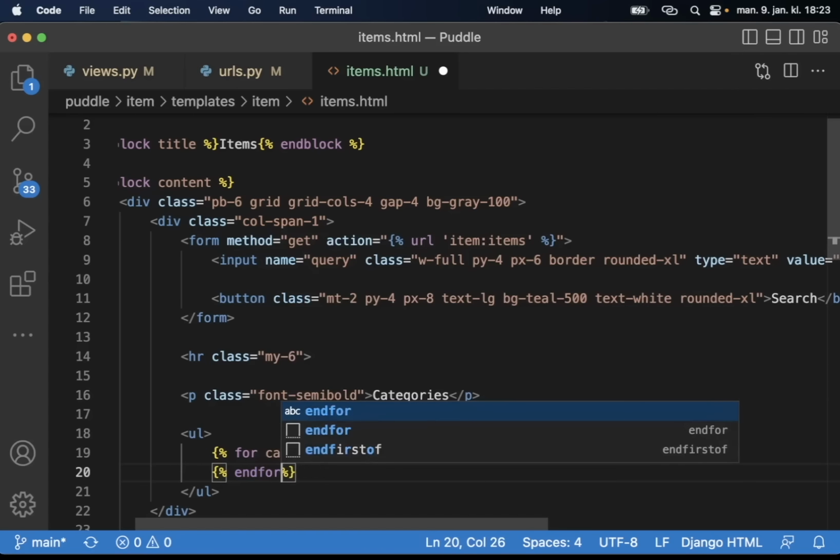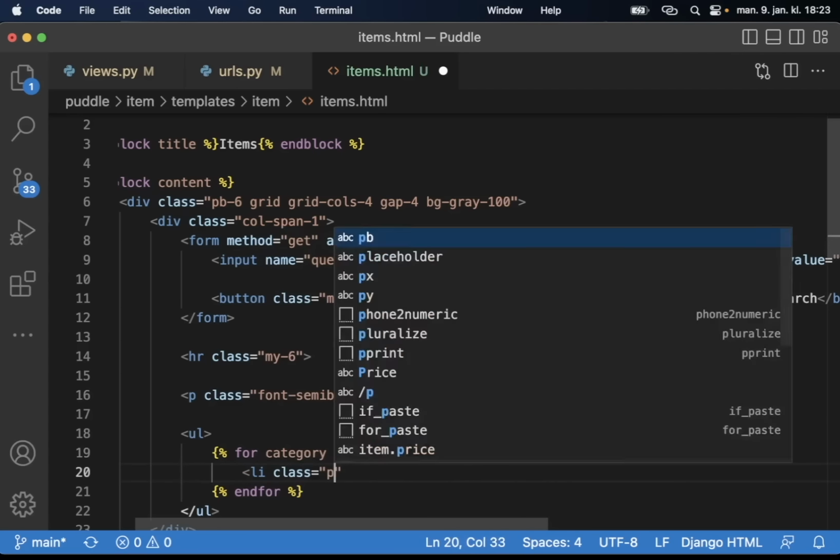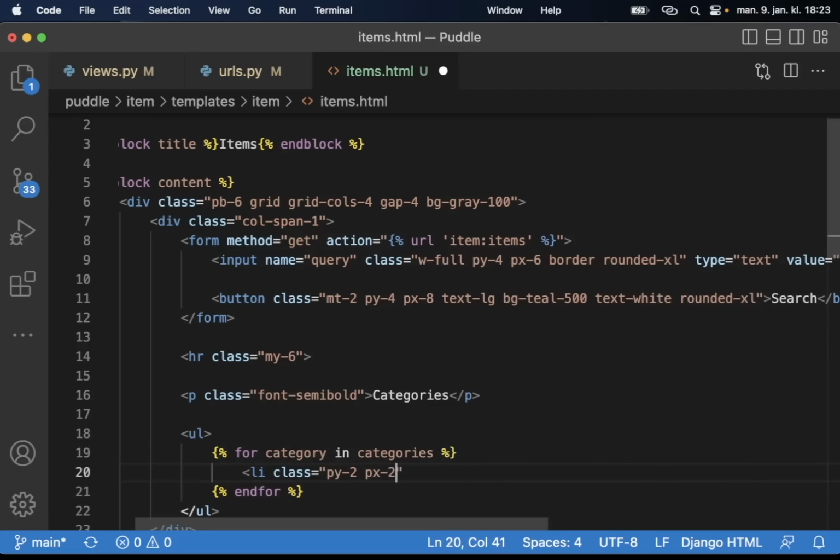Close the endfor, and then in here I can say li class py-2 px-2 rounded-xl, and then in here